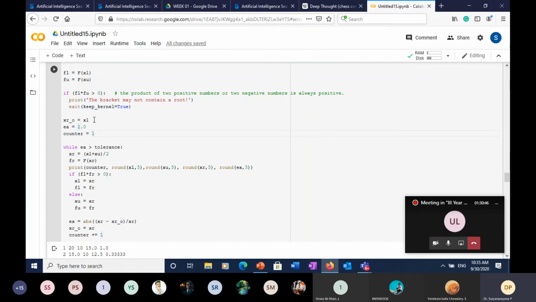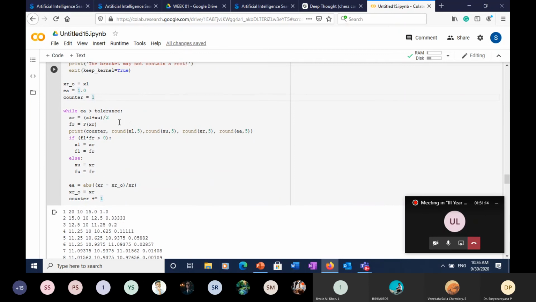So then for the first iteration, the zeroth iteration, let us say XL is your approximation for the root. Initially the error is 100% because you don't know anything, so we said relative error is 1. And then we have a counter to count how many iterations we have done, and I'm starting the counter at 1. So this is the bisection method. Every time you check the error. Initially the relative error is 1, so the error is more than tolerance. So we have to get into the